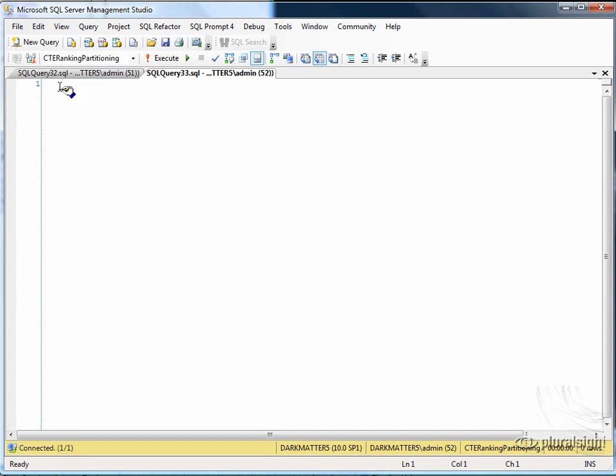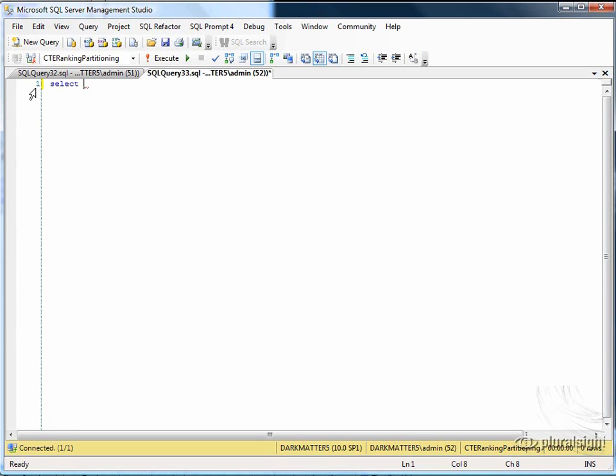So here we have a window that has IntelliSense enabled in it. So what will it do for us? Well, IntelliSense in Management Studio isn't quite as spiffy as it is in Visual Studio. For example, if I want to do a select statement, I might type SEL and press Control Spacebar, expecting it to do completion on that keyword for me, but it doesn't really do it. I got to spell it out, so I say